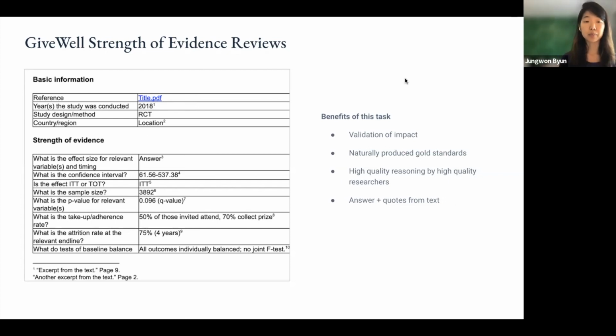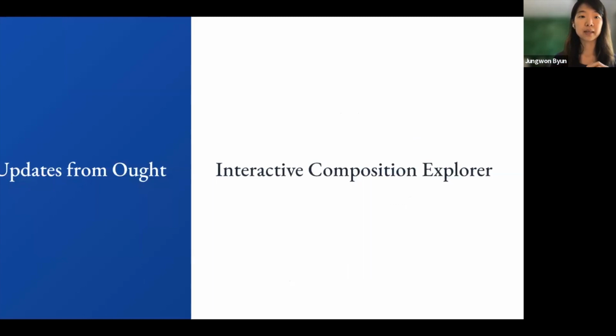So the tasks that we've been working on for the last few months are, what was the placebo? What was the adherence rate? There are a bunch of others in the background. The reason we worked on them is because they roll up to really important tasks, and there was a lot of validation that this was a very impactful task to do. So next, Andreas will talk about how exactly we decompose them even further and design recipes for them in our